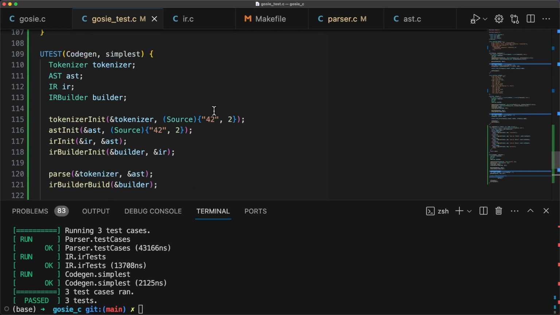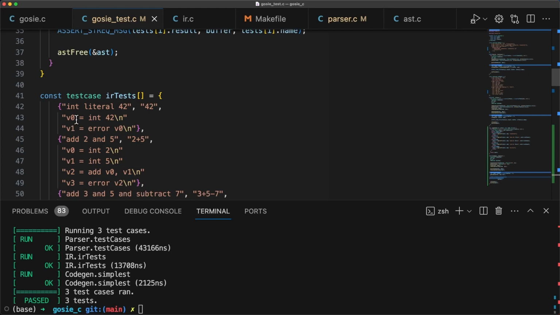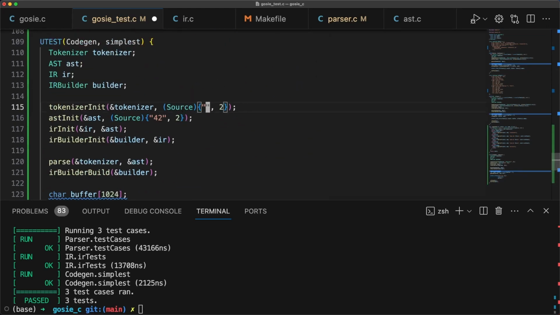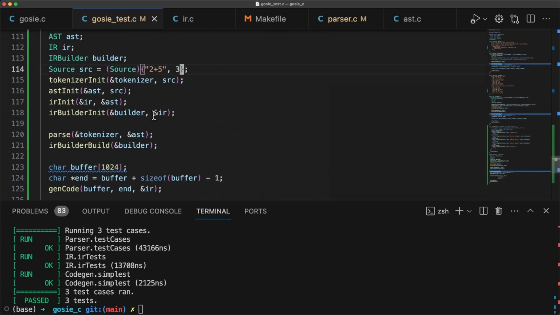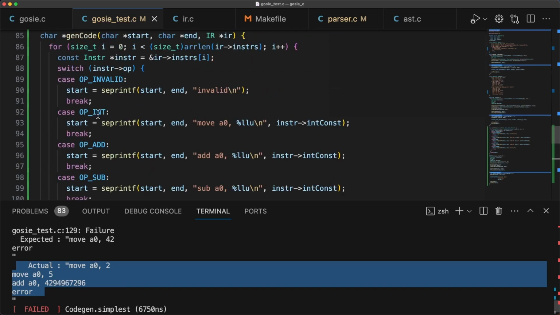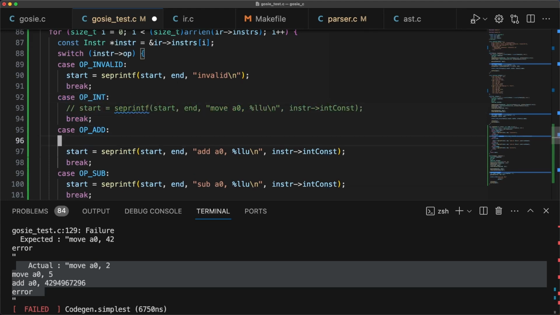It'll get more complicated though once we move on to the second case up here. So that would be 2 plus 5. And that will not work. I'm just going to modify this test case because we're going to be replacing this with table tests after this anyway. So yeah, no, this is not correct. So this shouldn't generate code. And then this one,